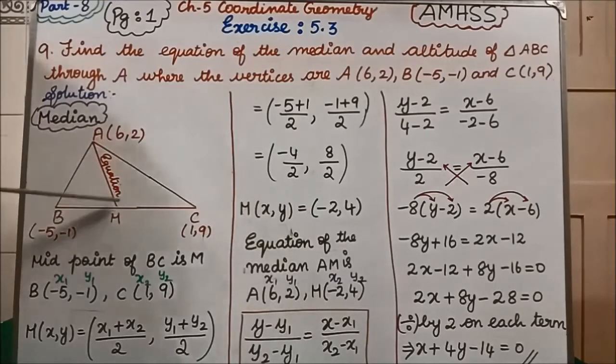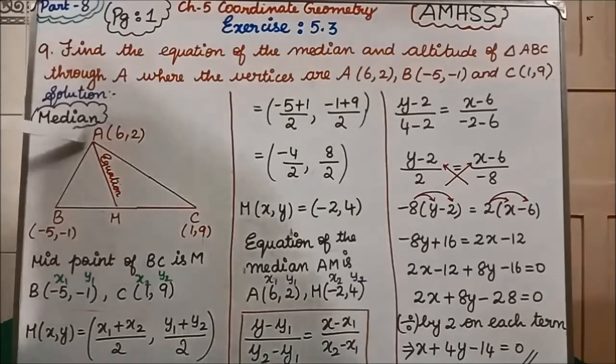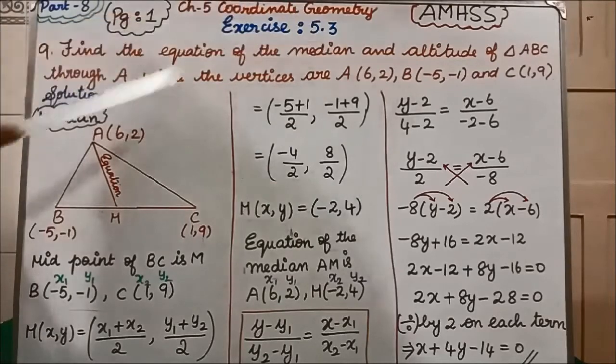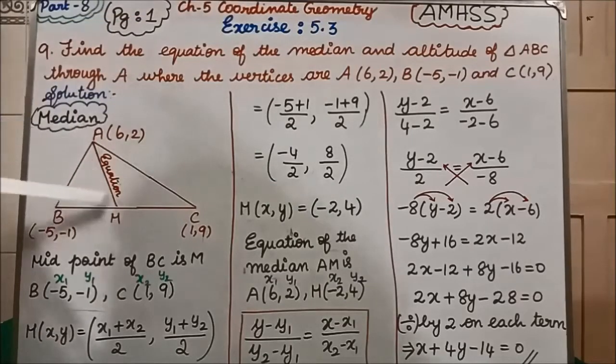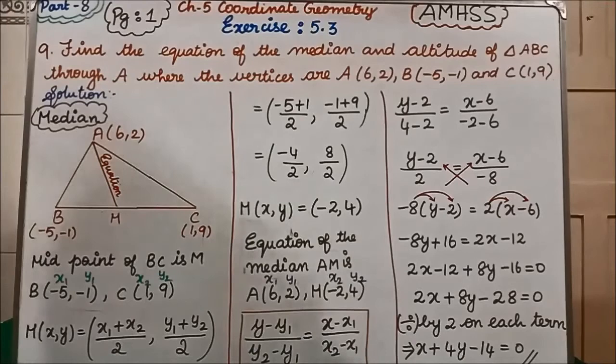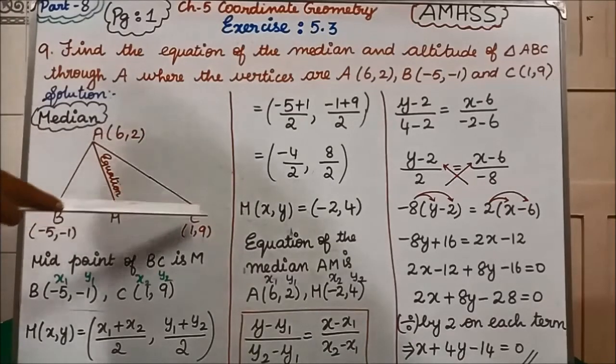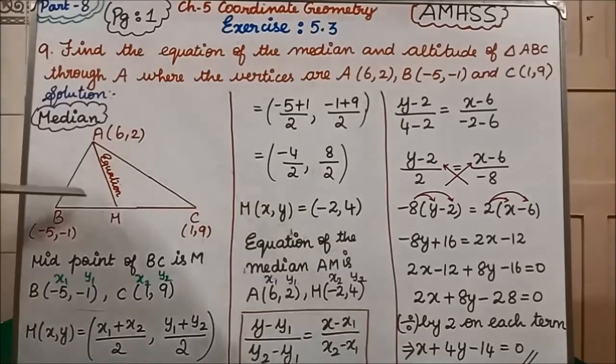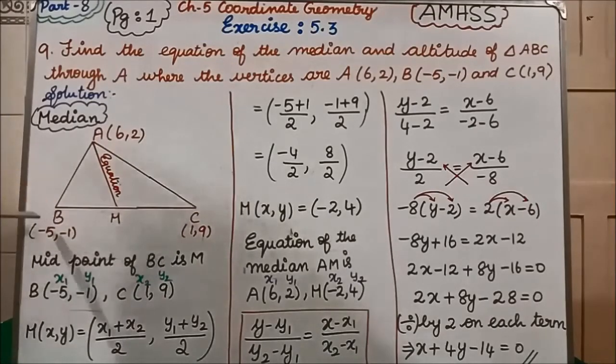For representation we are mentioning it as M. This AM is the median. This straight line equation only we have to find. Find the equation of the median. This equation only we have to find. They have given the A vertex, B vertex and C vertex. Shall we start now? Since M is the midpoint of BC, we can apply the midpoint formula. Midpoint of BC is M. Students, listen carefully, this problem is very important.